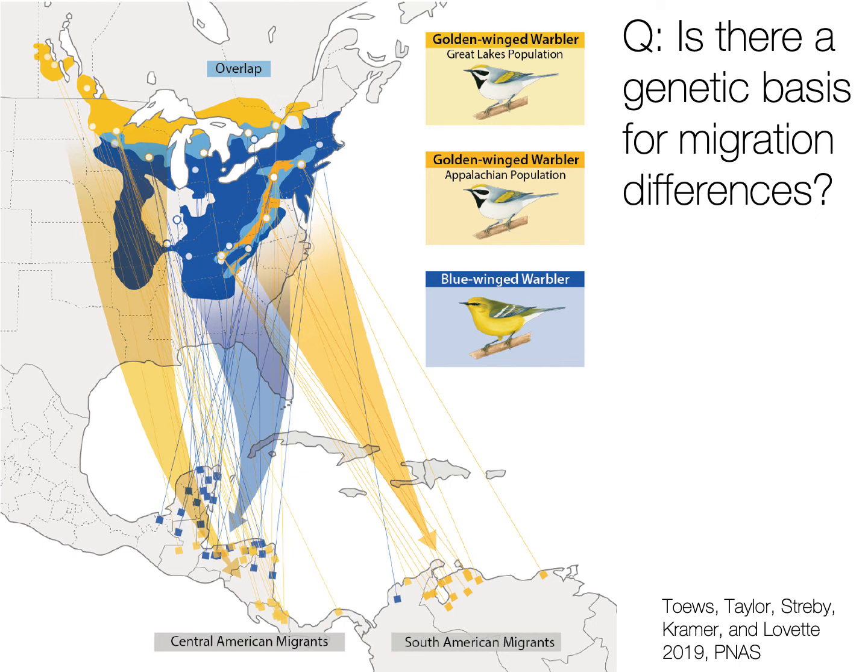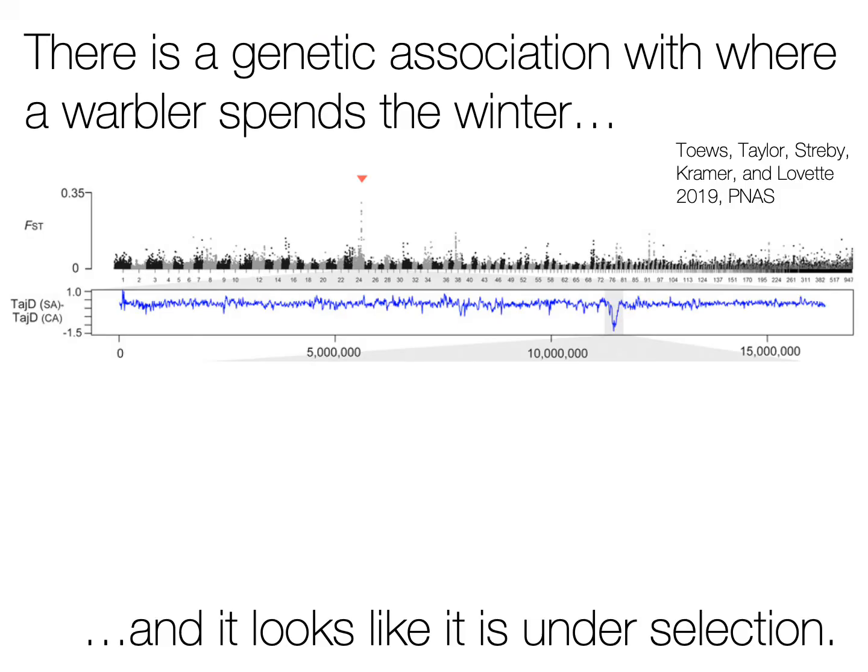But there are some individual blue-winged warblers that go to South America, and then golden-winged warblers from the Appalachians that go to Central America. And so we asked, with a larger data set actually, 77 individuals for which we had whole genomes and migratory tracks, whether there was a genetic basis for migration differences. And we found that regardless of plumage, just based on migration, there is a genetic association with where a warbler spends the winter. So if a warbler goes to South America versus Central America, regardless of its plumage color, we find this divergent region